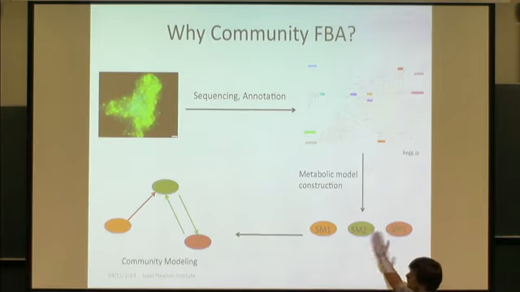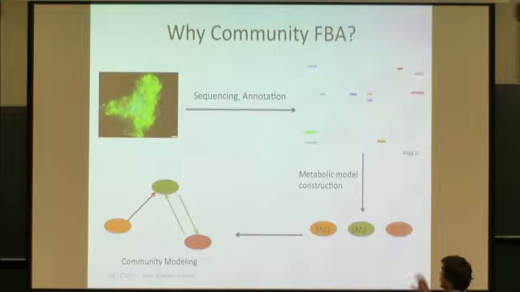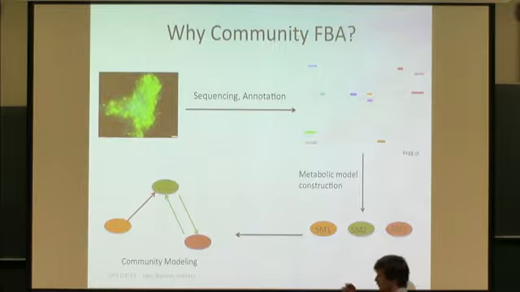We can use the information that we gain from sequencing a community, or whatever it is you want to study, and construct compartments of genomes here and metabolically reconstruct genomes, and then put them back into a community model and see what the community actually does, what it produces, what interactions are taking place, and maybe we can learn something from that. So that is quite attractive, I think, to go purely from the genetic information